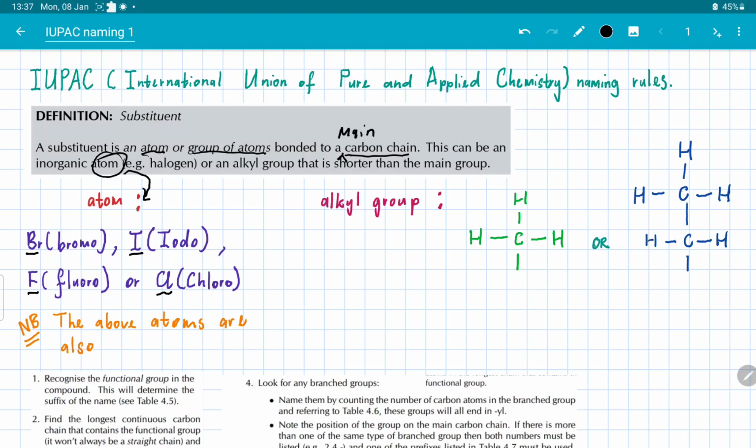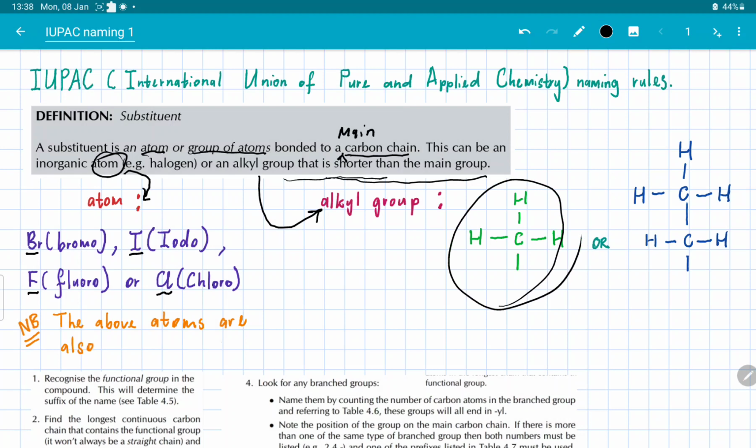And then if the substituent is an alkyl group, it is going to be a short chain, shorter than the main group. I'm going to do examples for you to see this. However, it is shorter than the main group. That's what is important here. So here, if you look at this side chain, or rather alkyl group, it's shorter than the main chain. It could have been methane. But because now